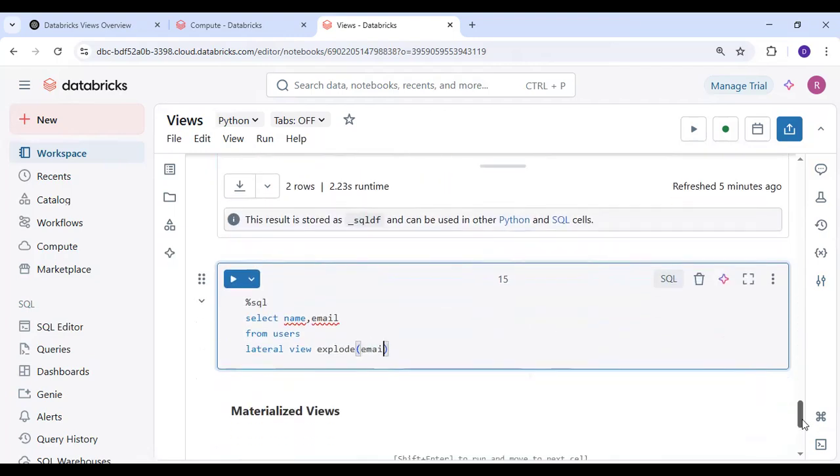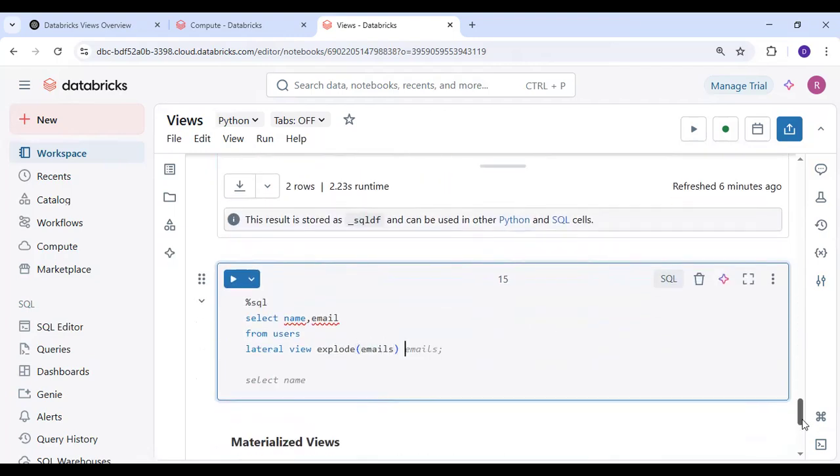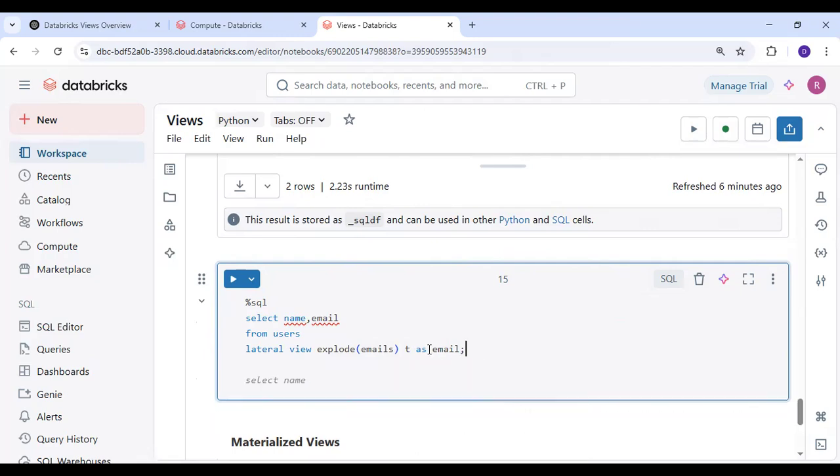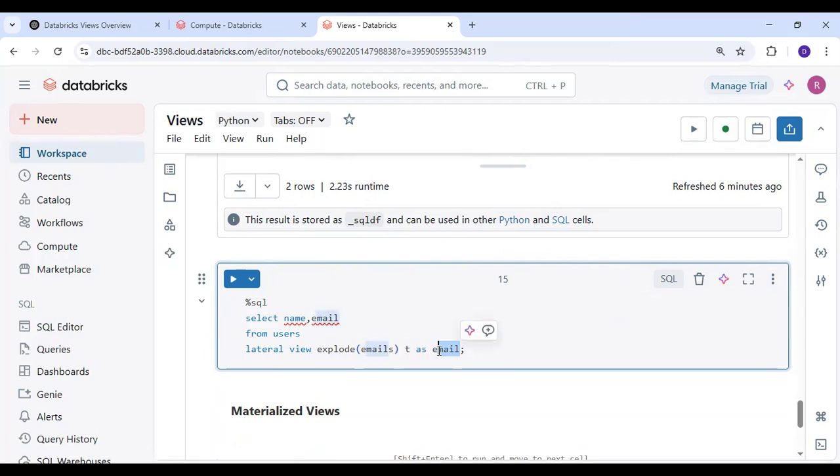I have to pick emails here. So this is going to give us a lateral view, the exploded version of it. Let us call it T, a very virtual temporary table, AS email. The individual elements we bring out after explosion are the email, and the same one we are picking here. So if I go about executing it,